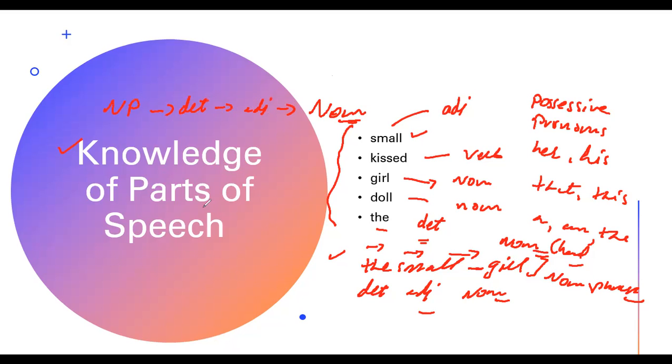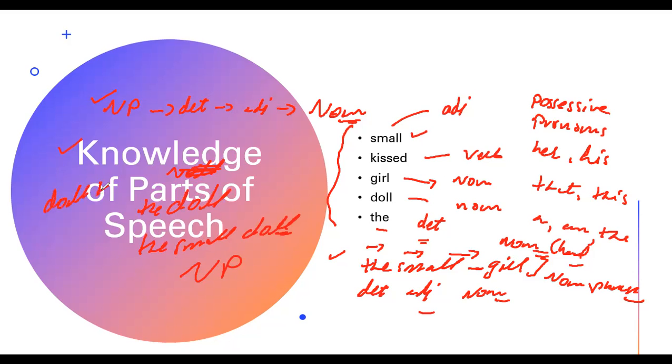Now we have come to know that we have a noun phrase here. So what about doll? It's a noun. So I can write the doll, or I can even write the small doll. So once again, this is a noun phrase,